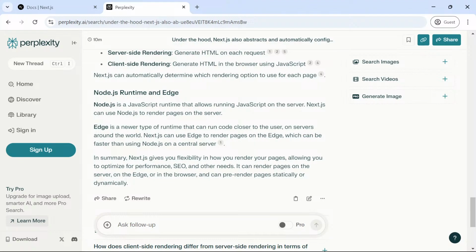Okay, so this is a slight difference. It can run code closer to the user, but it is also doing it on servers around the world. This is also on the server. This is also on servers, but Edge is a newer type of runtime that can run code closer to the user. Next.js can use Edge to render pages on the edge,